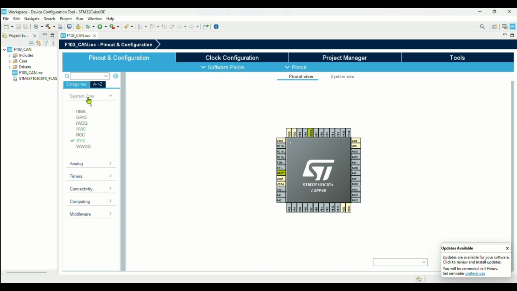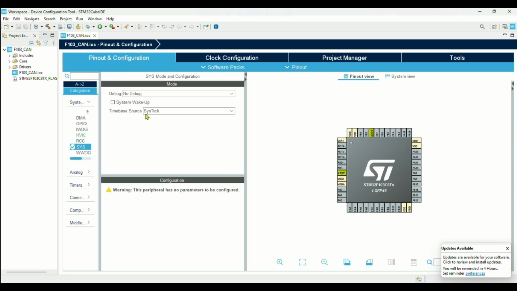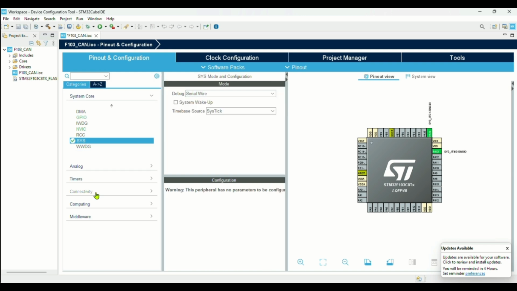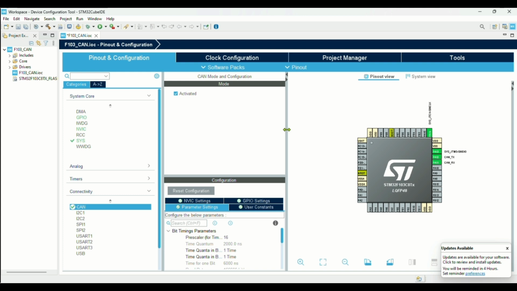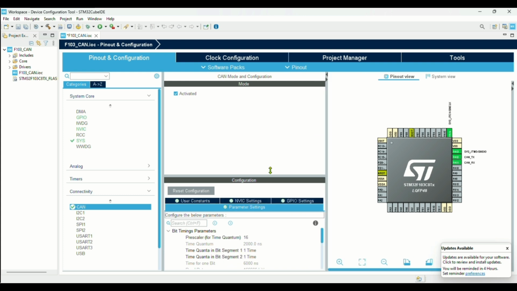Now we'll select serial wire debugger here. Next, we'll be selecting CAN in connectivity. Go to connectivity, select CAN, activate it, and here I'm going to use